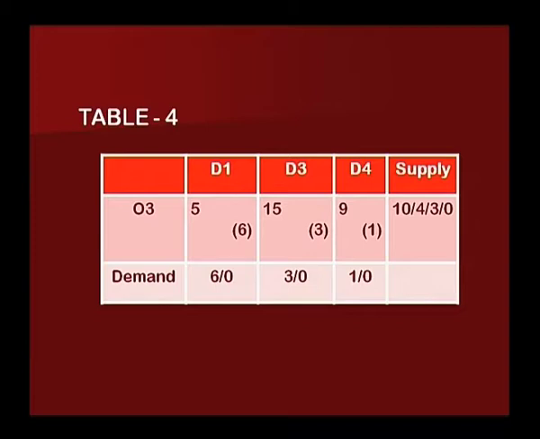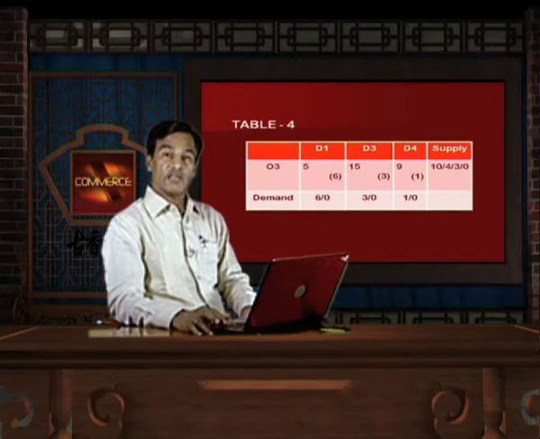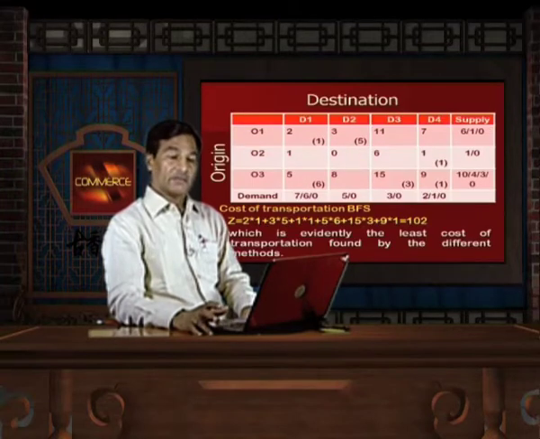We allocate the maximum possible units, 6, to the minimum cost cell D1O3, then 1 to the cell D4O3 and 3 to the cell D3O3. This way we have allocated all the cells to fulfill the demand and supply, and we find the following table, that is the combined form of the table